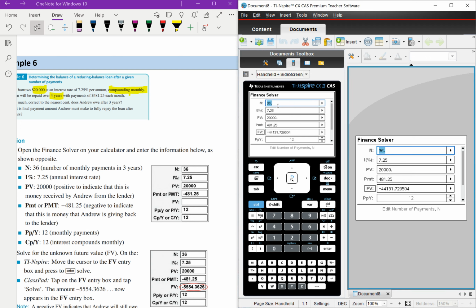What am I doing wrong? I got 36 payments for 3 years. I've got my interest, I've got my amount, and this is how much I pay back. And yet why do I get negative $44,000? The value should be correct. What am I doing wrong here? And this is why it was key in your notes before